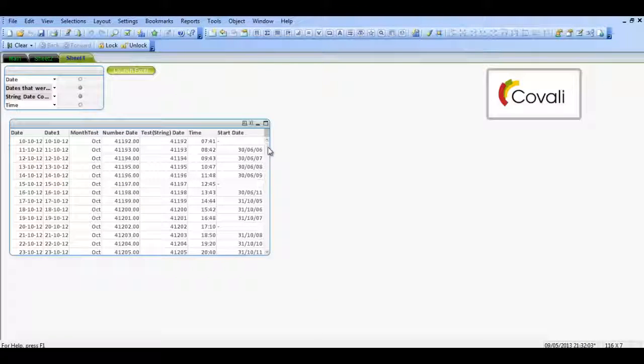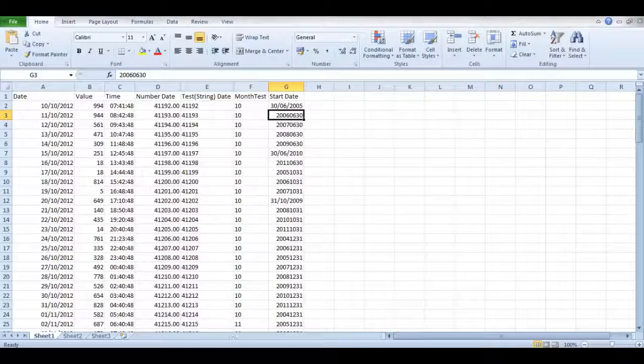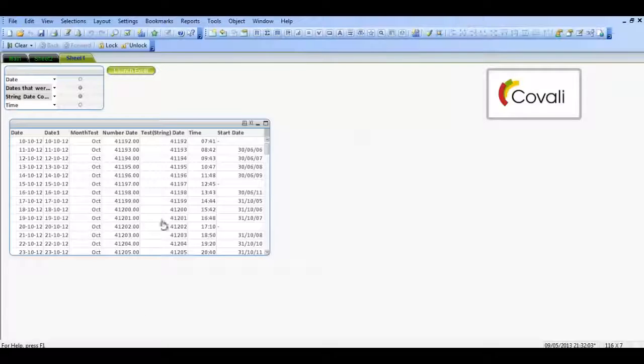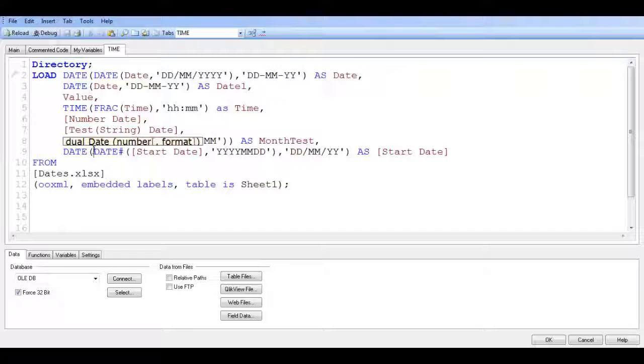Okay, so you can see that's much better. That's converted everything except these are coming back blank. And the reason for that is because there are different dates. So what we're going to try and do is press Control and E, go into the script. We're going to use Alt